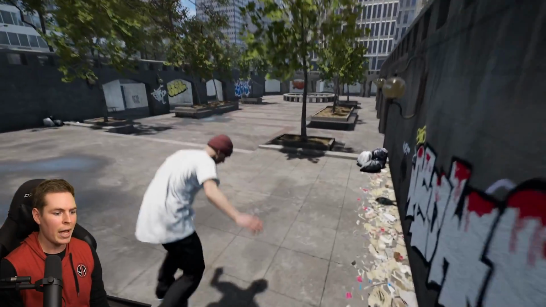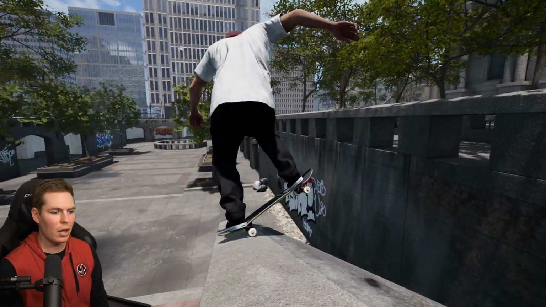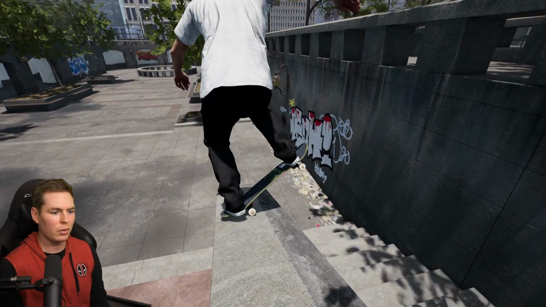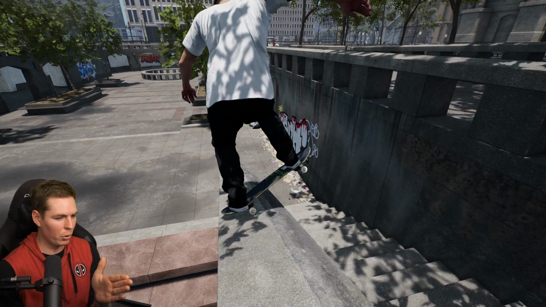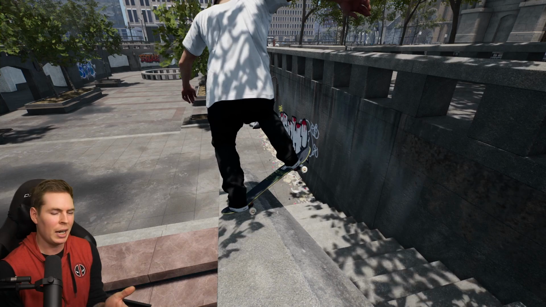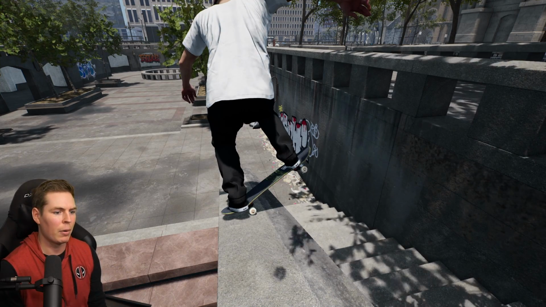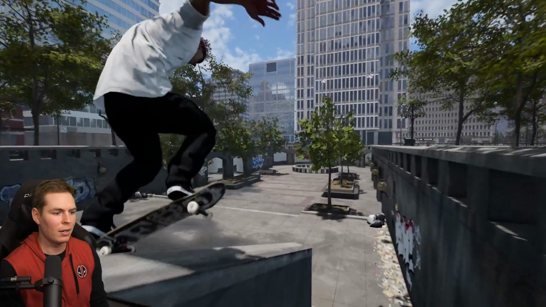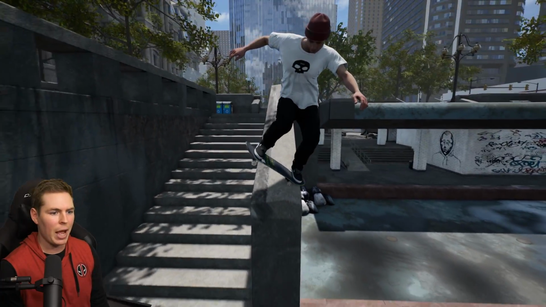Like if I was to do that, would you call this a front side nose blunt, or would you call it a nose slide? I know right here isn't really the best example because I'm sliding in the middle, and I guess that would be a blunt power slide. A nose blunt power slide. But if I was locked in to the other side like that, there we go, is this a front side nose blunt or is it a backside nose slide?